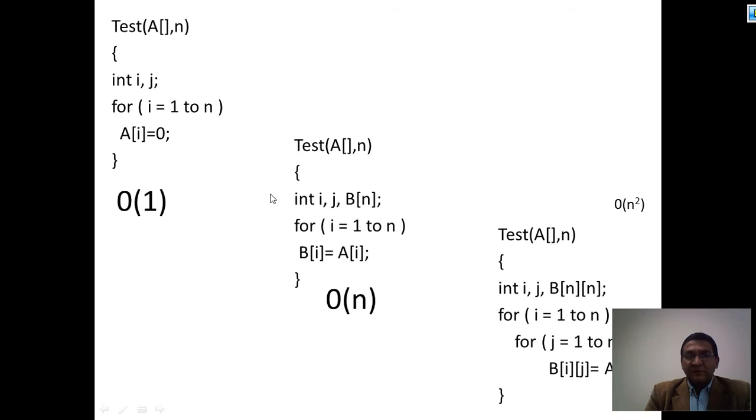It means when we provide an input, do we need a constant space, or if we provide an input of size n, do we need n extra cells, or if we need extra cells, then what is the proportion of the memory requirement? That is the basic objective of finding the space complexity. So when we find the space complexity, keep in mind we are trying to find out what is the extra space required to run the algorithm.